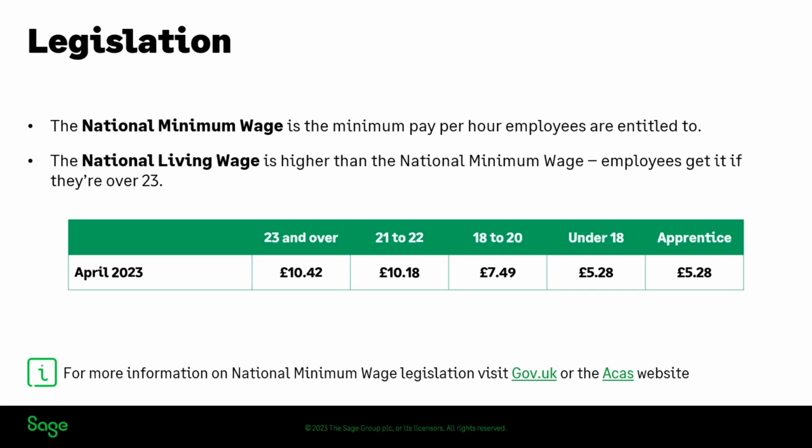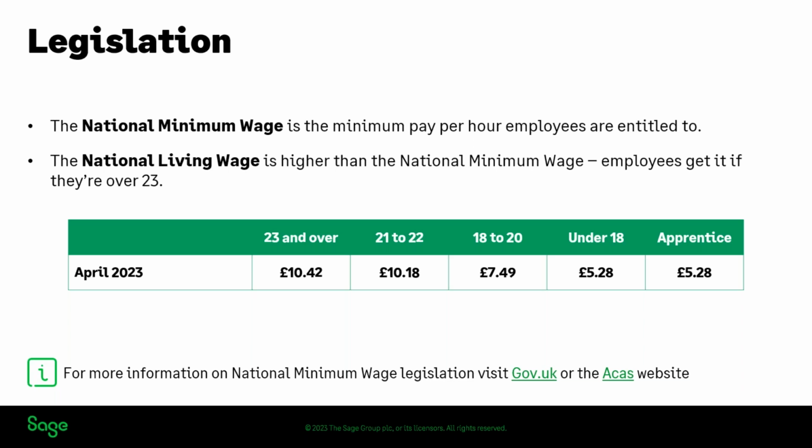So speaking of those rates of pay, these are the current minimum and living wage rates, and these took effect from April 2023. Now for employees aged 23 and over, national living wage employees, they should get a minimum of £10.42 per hour. Employees aged 21 to 22 should get £10.18 per hour. 18 to 20s are on £7.49 per hour minimum, and then under 18s and apprentices on £5.28 per hour as their minimum wage. Now that apprentice rate applies to all apprentices within their first year, and for apprentices aged over 19,